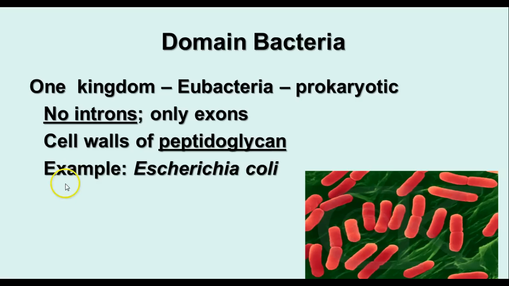An example of domain Bacteria is E. coli. The full name is Escherichia coli, but we call it E. coli. This is a picture of E. coli. So it's a rod-shaped bacterium. And any of the bacteria that you usually come in contact with, like staph and strep and all kinds of other things like that, the ones that live on your body, in your intestines, in the dirt in your yard, and so forth, those belong to kingdom Eubacteria, domain Bacteria.